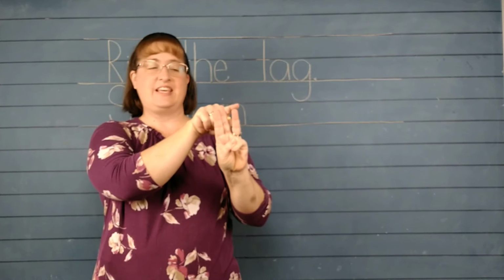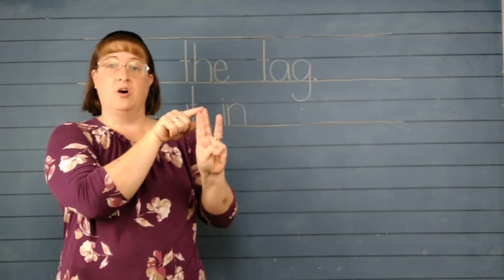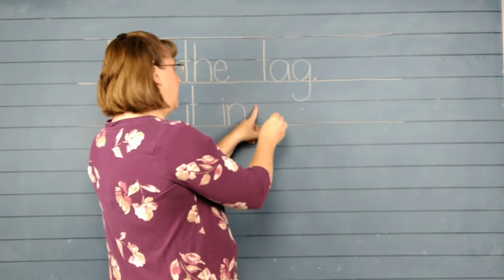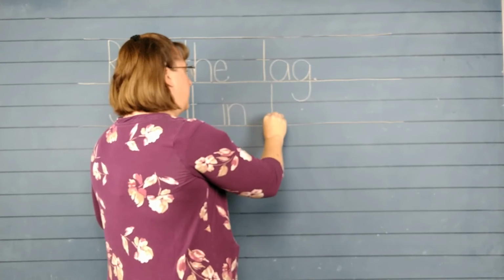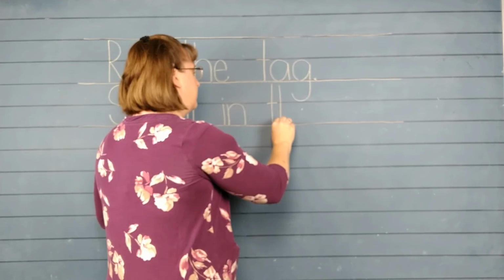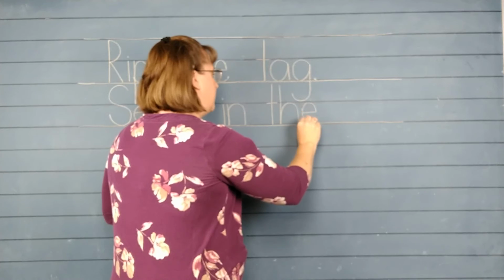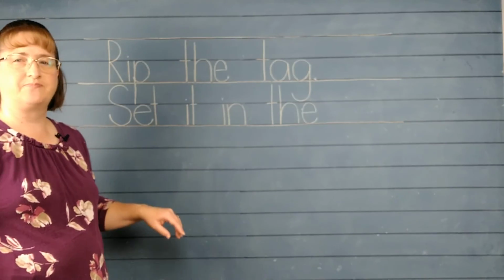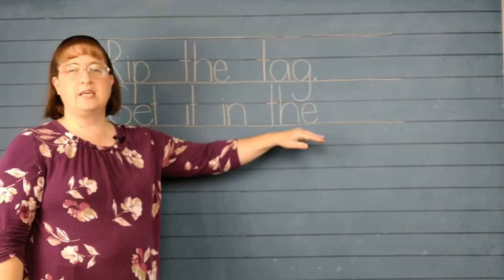Th, e. Remember, this is our e. Okay, we're going to make a space. So we put our finger down to figure out how far we're going to move over. Lift up that finger and write th, e. And we want to make sure none of our letters touch. We want them close but not touching. Set it in the